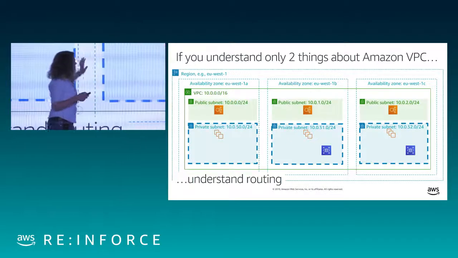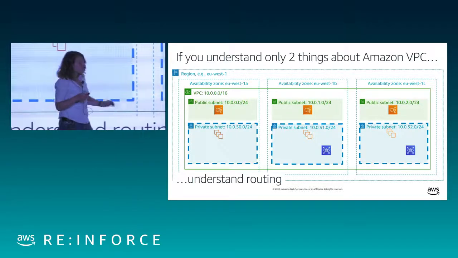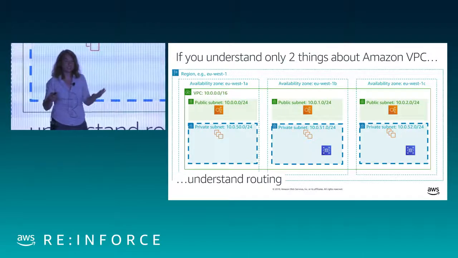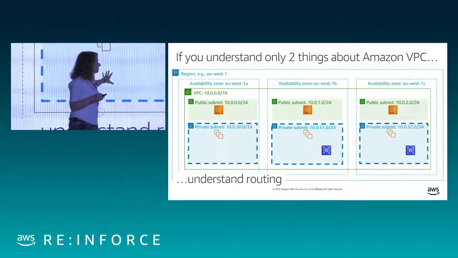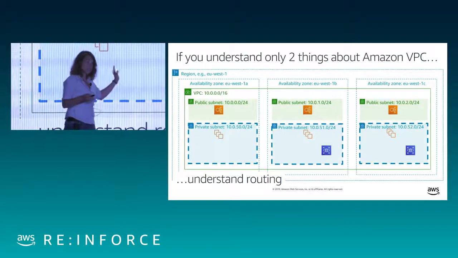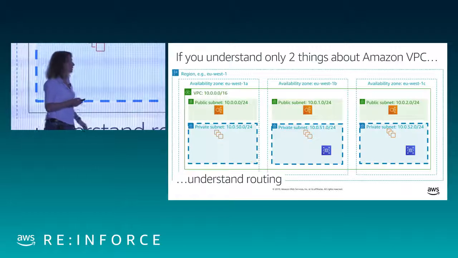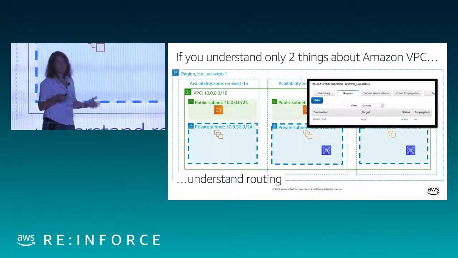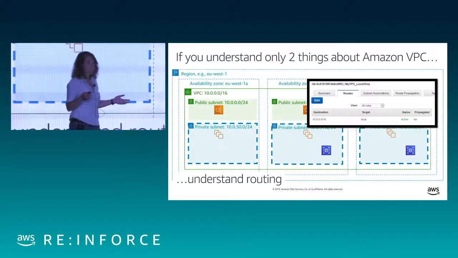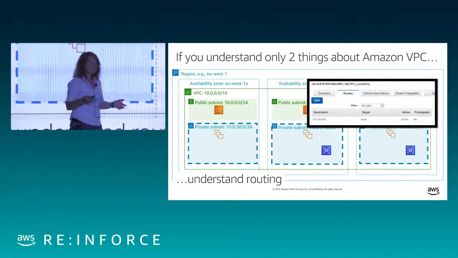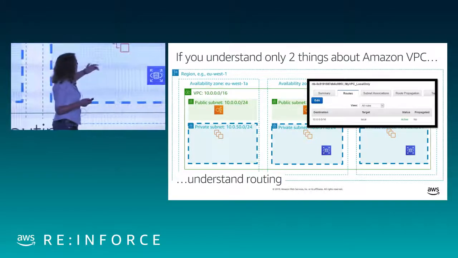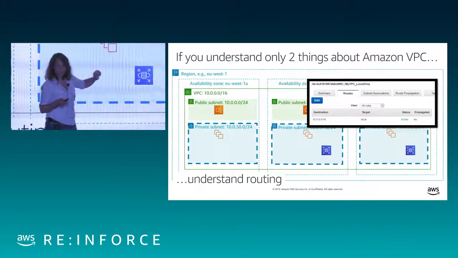But let's start with these private subnets. What private means in this terminology is does not have a route to the internet, and the infrastructure down here does not have publicly routable IP addresses. It only has IP addresses that are routable within the VPC. So in VPC, we have this construct called a route table. A route table is simply a list of rules that packets match as they're getting routed.